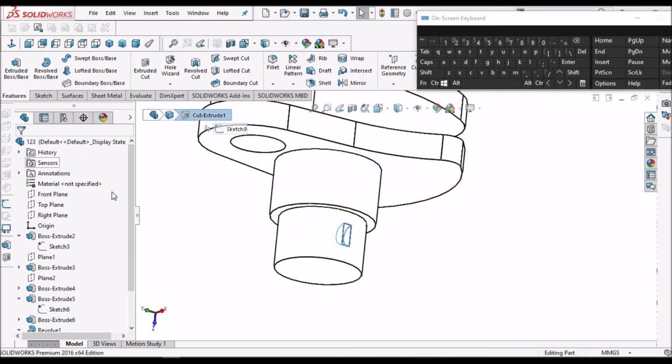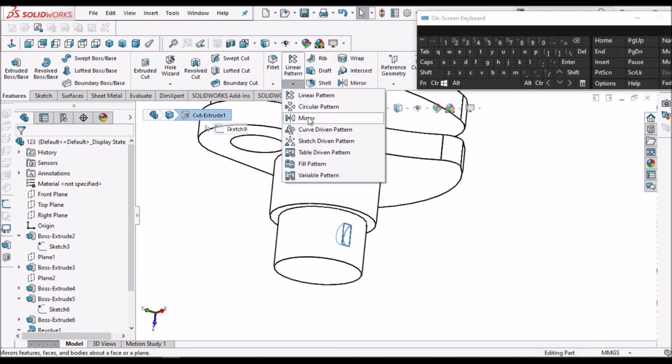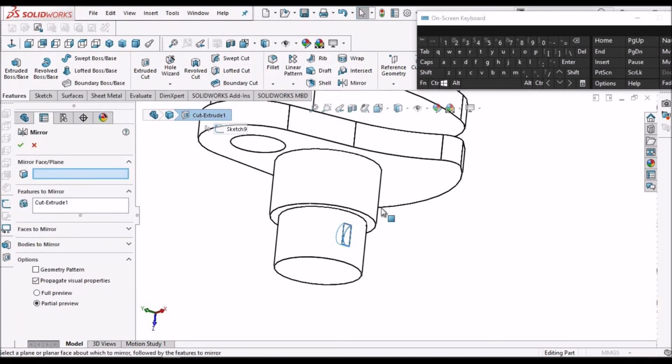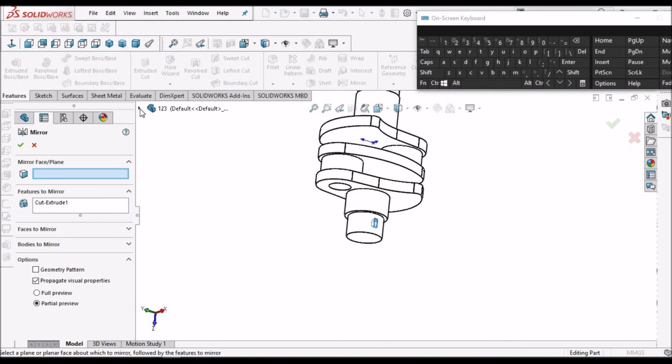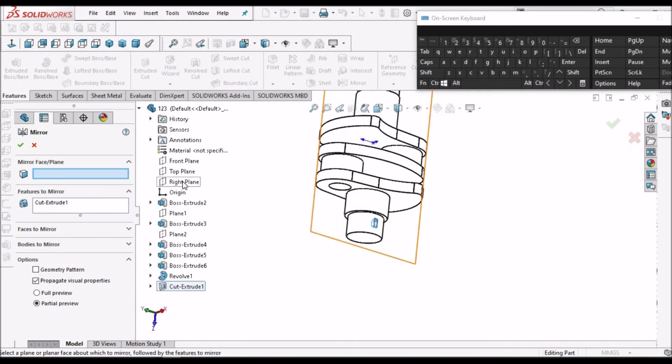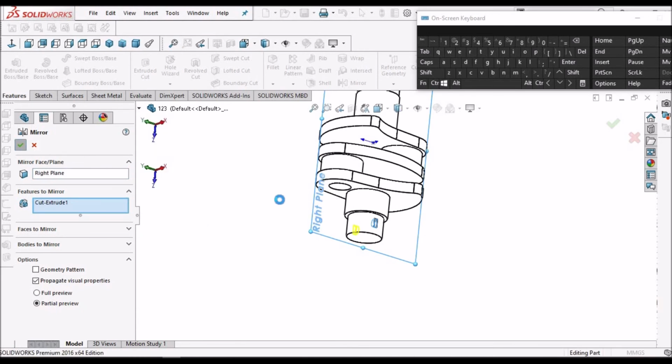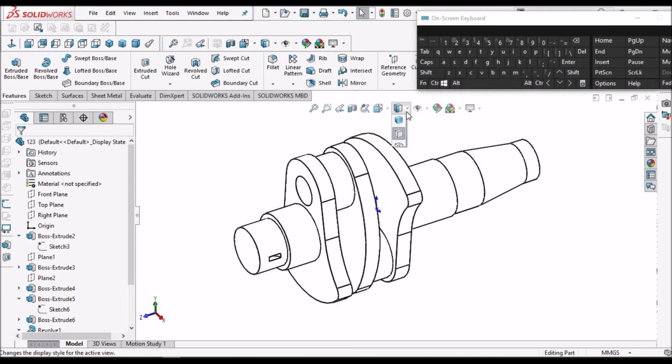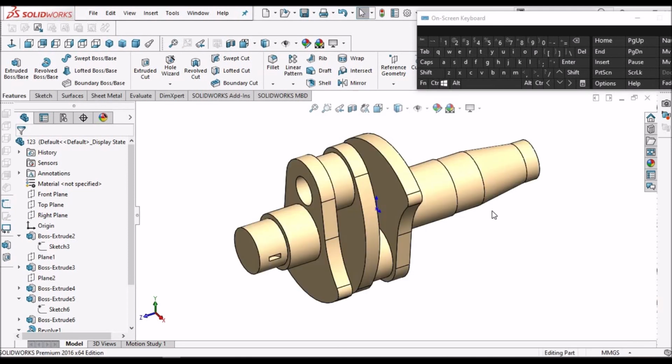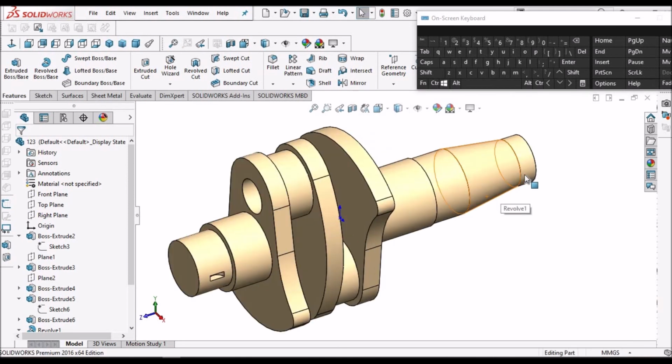Select this feature, go to mirror. So which plane we need to select? Mirror about right plane. Say okay. So this Woodruff key slot is done. Now the other side.